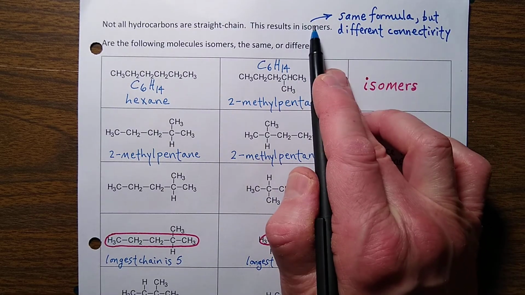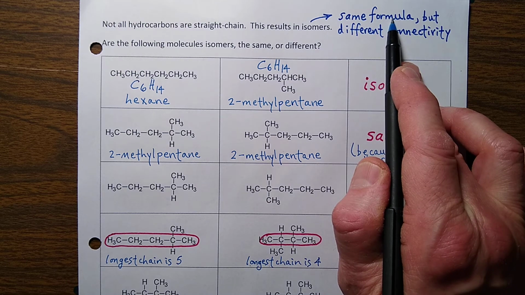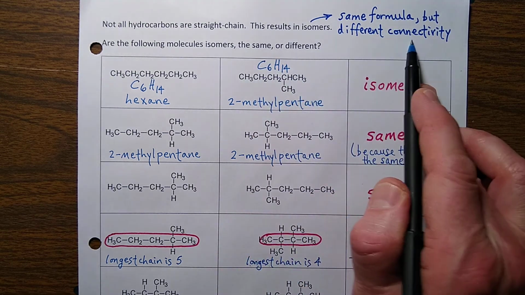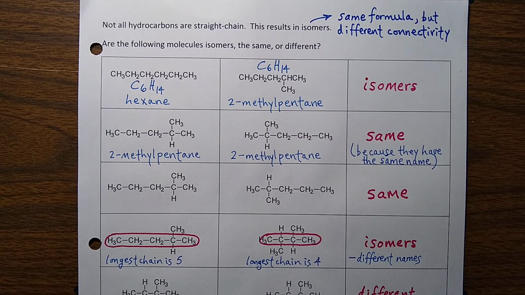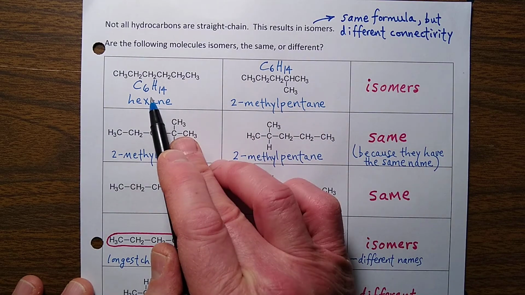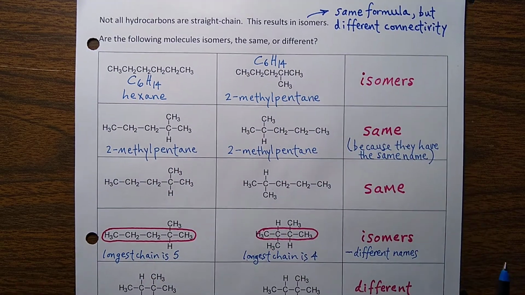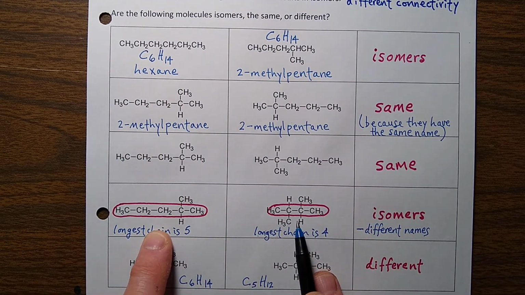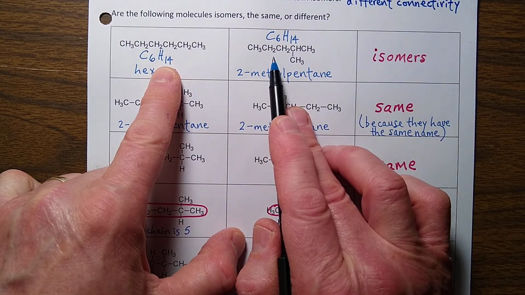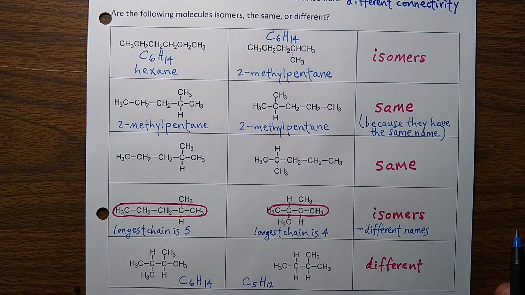Isomers is a word for something that has the same molecular formula, but a different connectivity. The atoms are connected differently. If the atoms are connected differently, it's actually a different molecule with different properties. So we have to come up with a unique, different name for it. We call compounds that have the same formula but different structures isomers, and there are different types of isomers. These things here that have the same formula but different structures are called constitutional isomers,